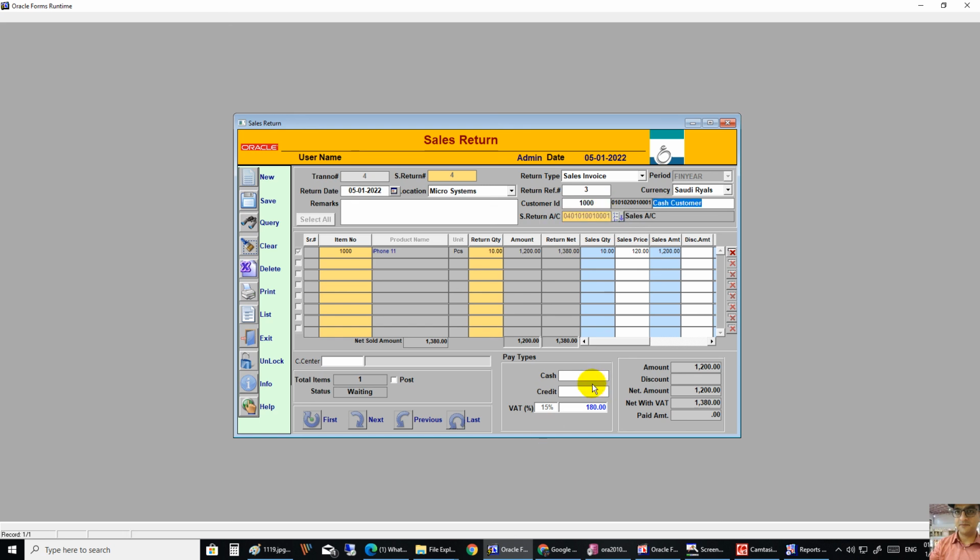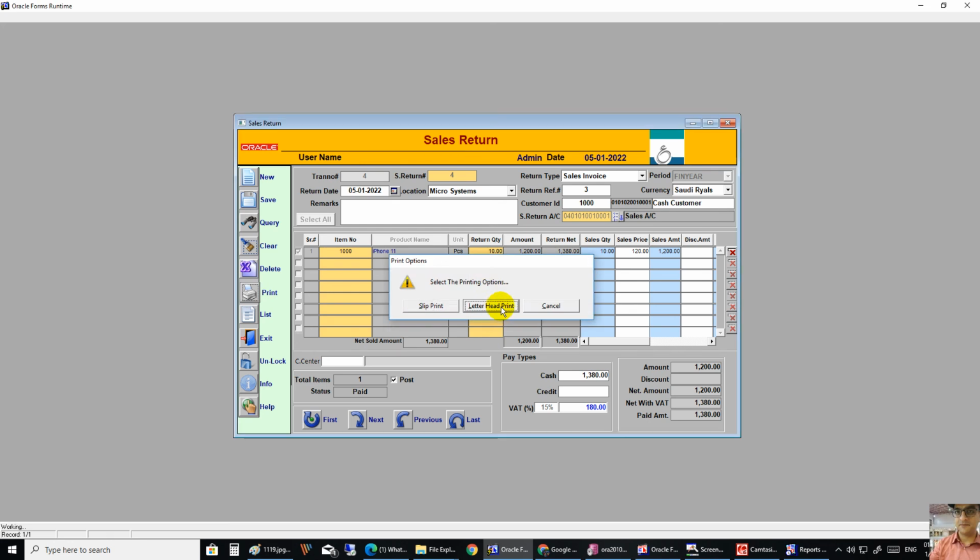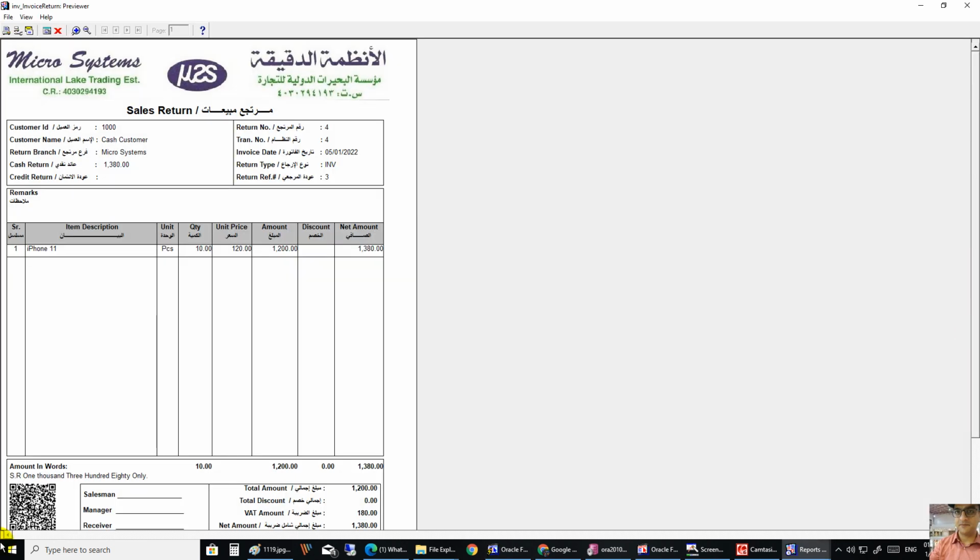You can perform cash or credit, it's totally up to you. In my case, I am putting in my cash the total amount 1380, as you can see. And now directly I am posting, that's it, taking the print to show you the print with the QR code